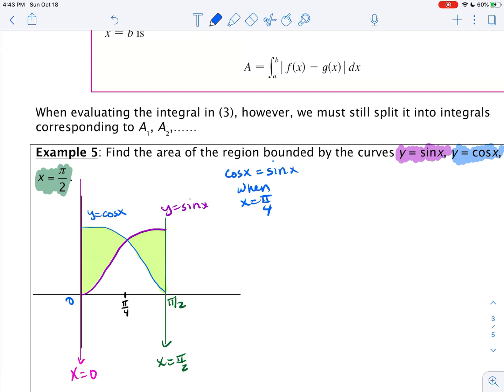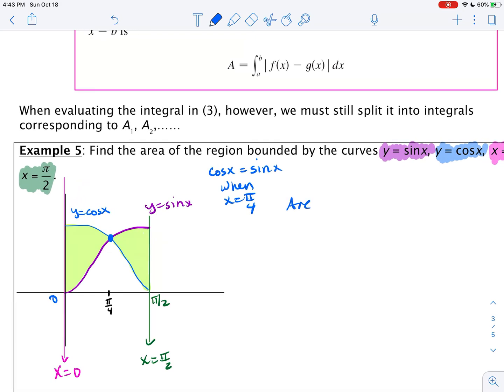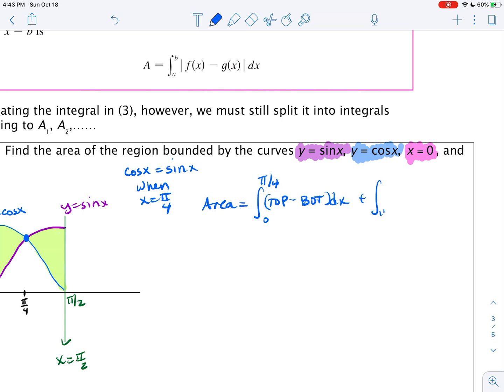We all know that cosine of pi over 4 is 1 over square root 2, and so is sine x. But that is the point that crosses both the blue and the purple, so we want to set those functions equal to each other to find that point. Now I know that my total area is going to be the area from 0 to pi over 4 of top minus bottom dx, plus pi over 4 to pi over 2 of the top function minus the bottom function